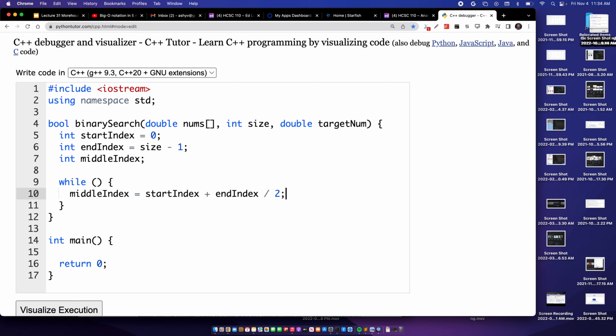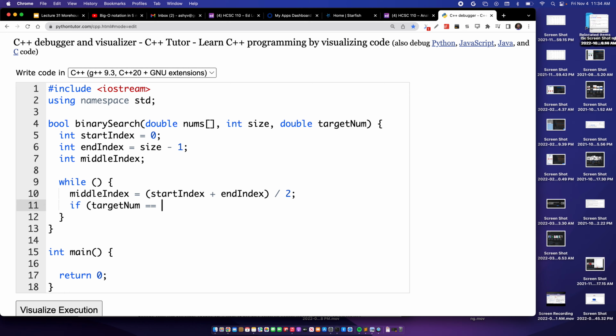All right, what's going to be wrong with this line of code? You have to put start plus end. Yeah, division takes priority, so it divides end by 2 and then adds it to start index, where really we want to add these two together first and then divide by 2. Okay? So that's our middle index. And now we have our if, else if, else. Let's do the easiest one first. If target num is equal to nums at middle index,